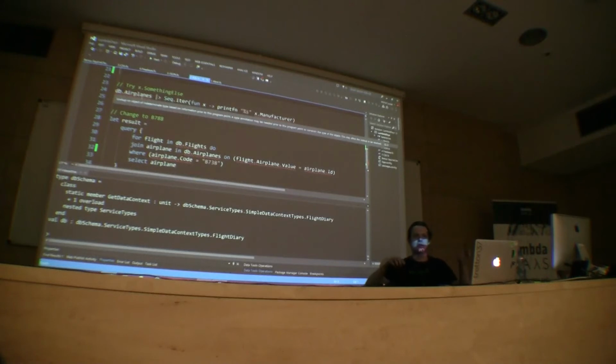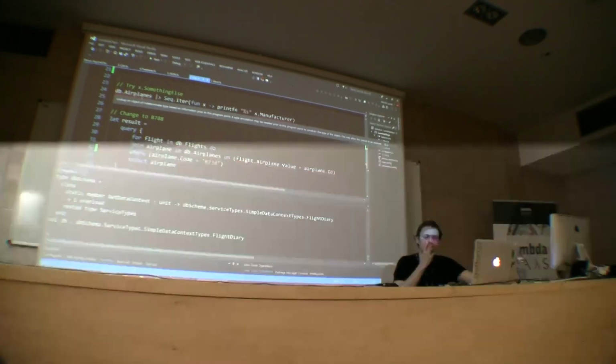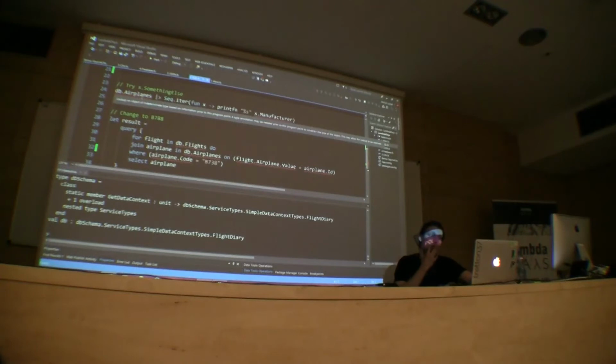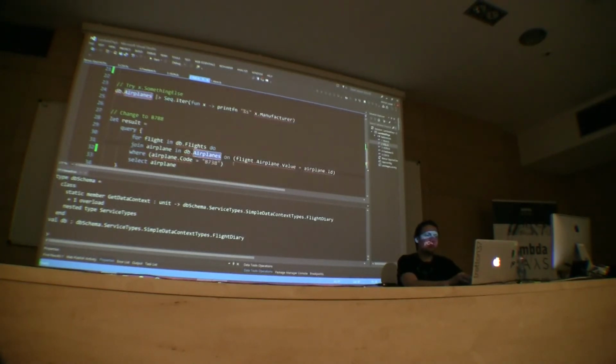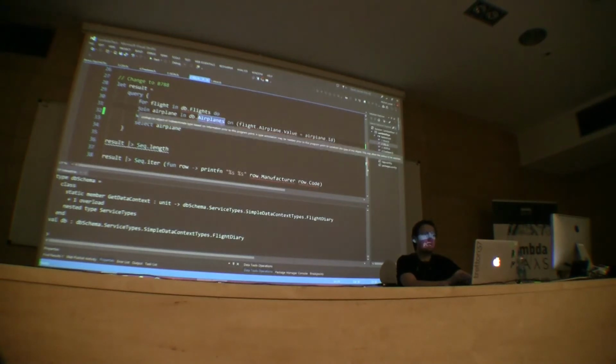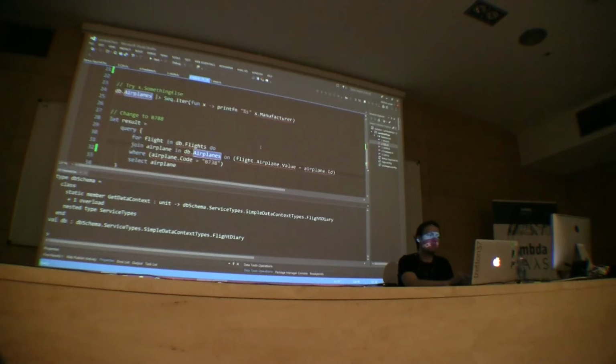So in F# we have the double tick notation that allows you to use characters like space and other stuff. But normally if it's one word, you can use it directly. Yeah, exactly. So you can run normal queries using this, basically using clean LINQ, and do stuff from it if it works.